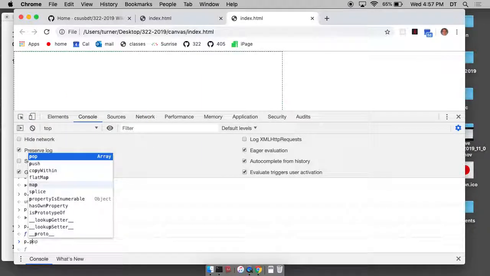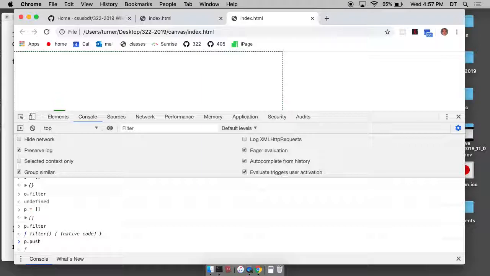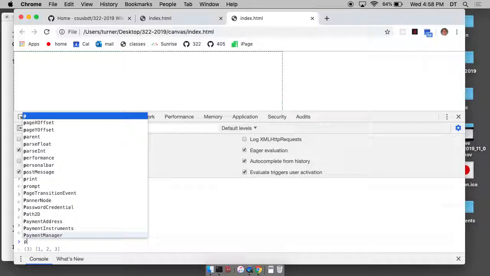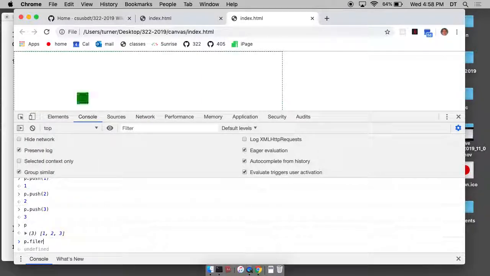And let's look at what it does. Let's add some values to P. Let's push a 1, push a 2, and push a 3. If we render P, it does it like that. It's nice. When I type P in the console window, it tells me it has 3 elements: 1, 2, and 3. And let's create a new array. If I take P and dot filter,